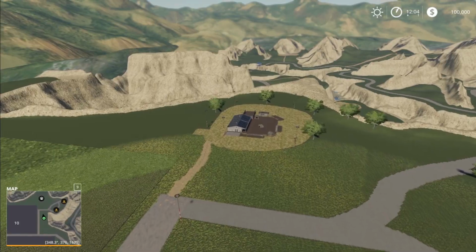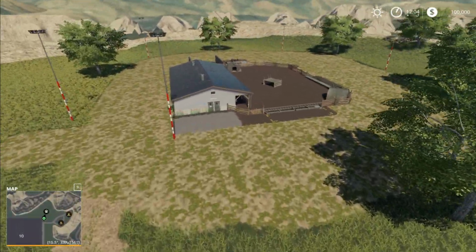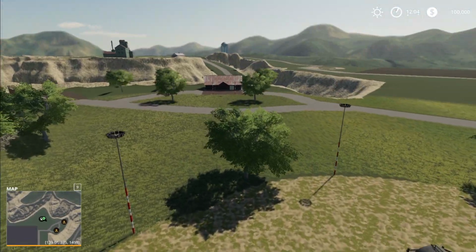Over here we have pigs, right? Yes, pigs. So coming out here, I do like this kind of feature where it kind of gives the impression it's driven on and kind of mucked up a bit. But here is your pig enclosure here. And then moving out this way,